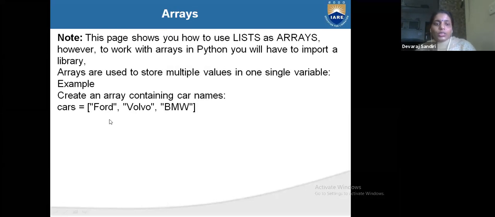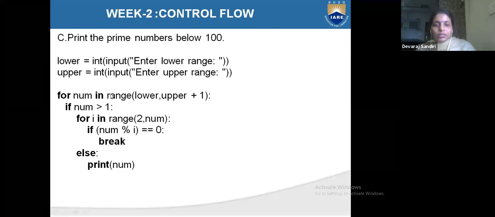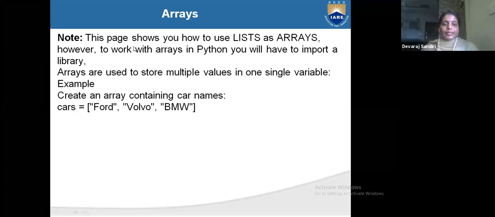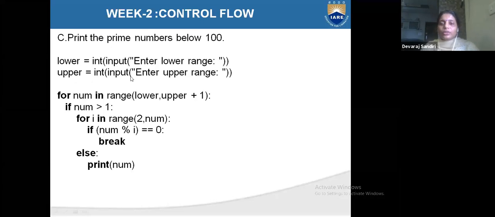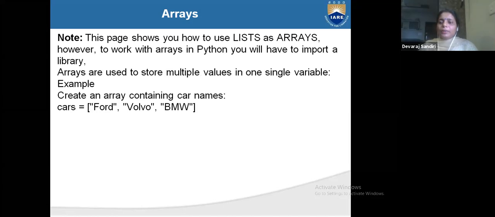Okay, now array is there. These 2 questions only are there. We already did these 2 questions in our built-in functions. Why I am explaining them is that they are in our lab syllabus, so I am explaining them in the PPT. But we already did these 2 questions in our built-in functions.